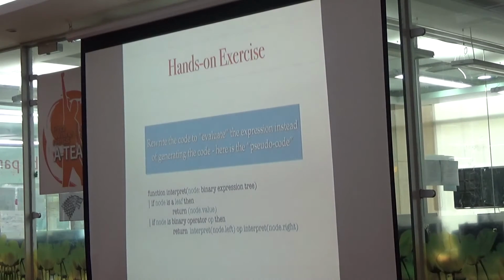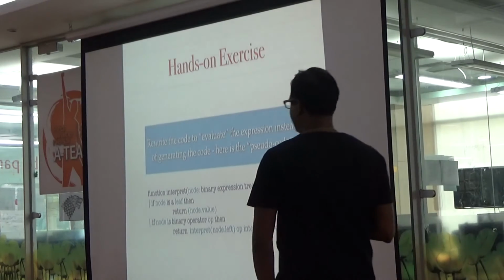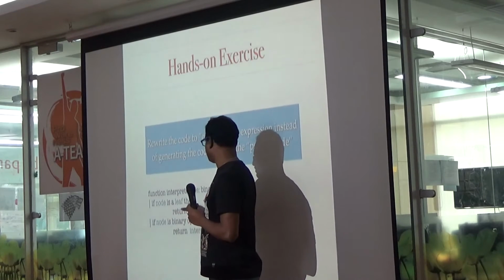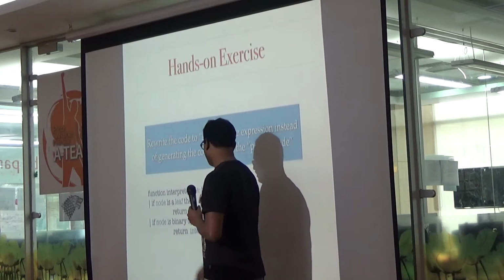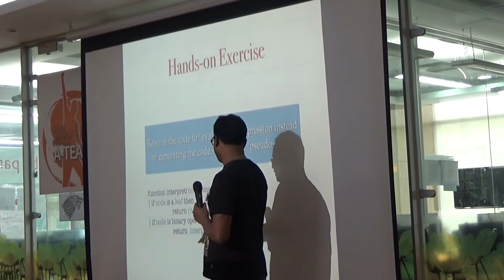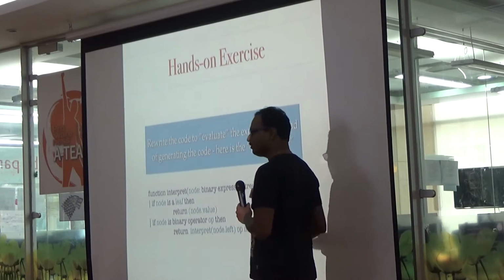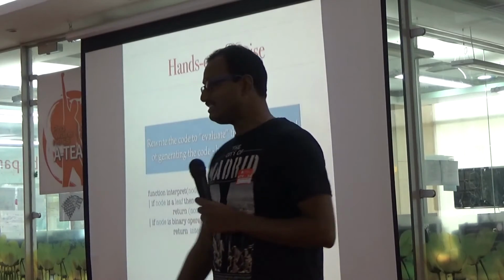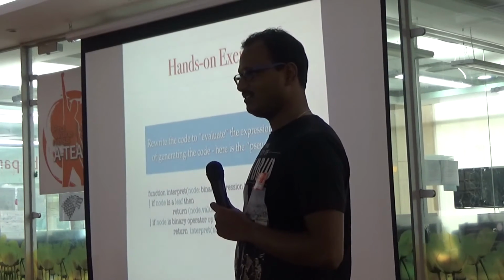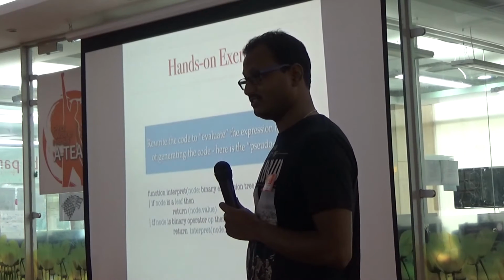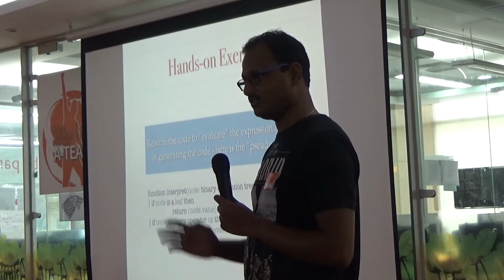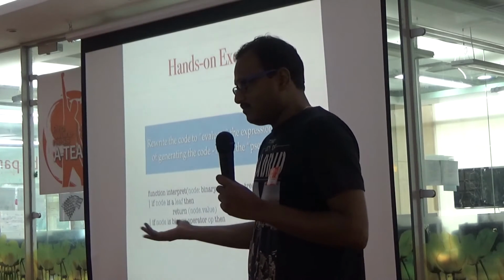Now, if you look at the classic texts on compilers, or even on data structures, you will see this simple silly code. What it says is: evaluate a binary expression tree, and if the node is a leaf, then return the node's value. If the node is a binary operator, then interpret the node at left and the node at right. Right? This smells of procedural code. I hate if else conditions. My rule is very simple. If your code has if else conditions or switch cases or code duplication, garbage dump.